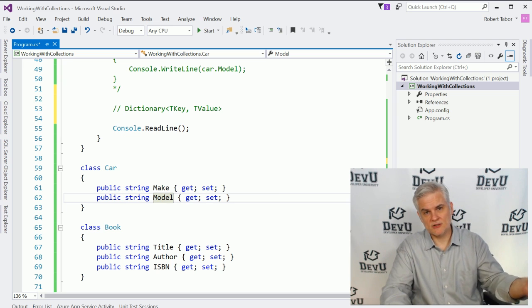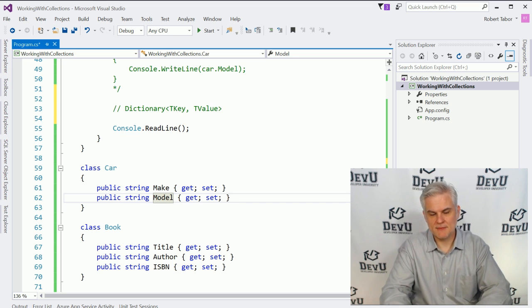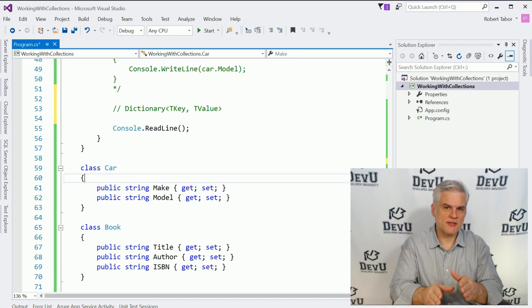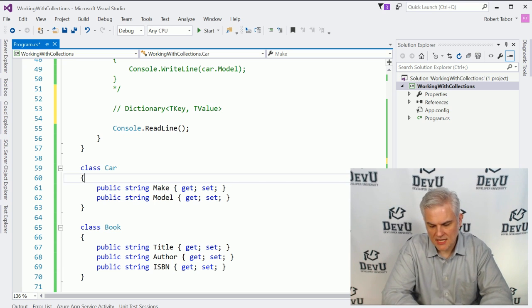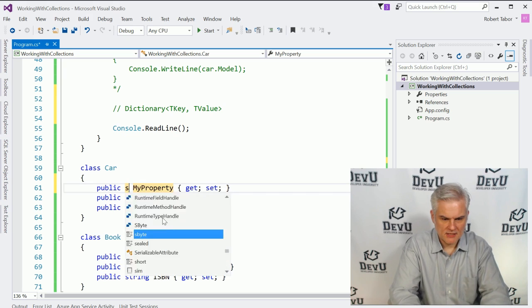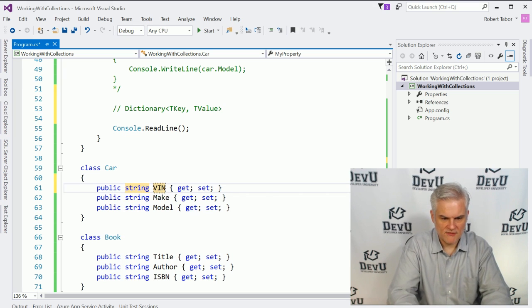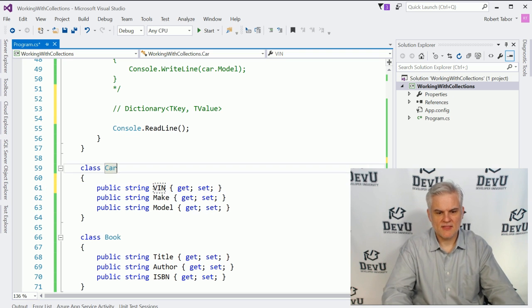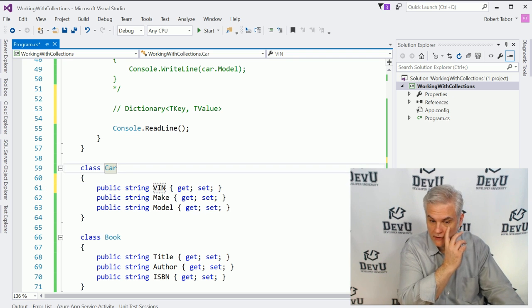They may have different colors, they might have been created in different years, but you can have multiple cars in the car lot that have the exact same make and model. So neither of these are good candidates for keys, but there is something called a vehicle identification number. So let's go prop string, and let's call this VIN, V-I-N, that will differentiate every car in the world that's